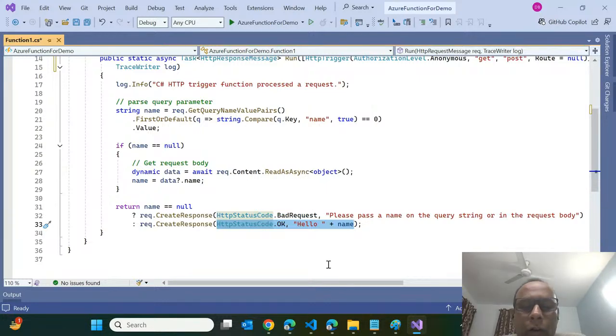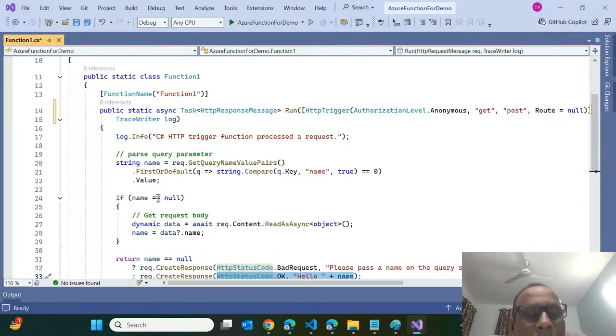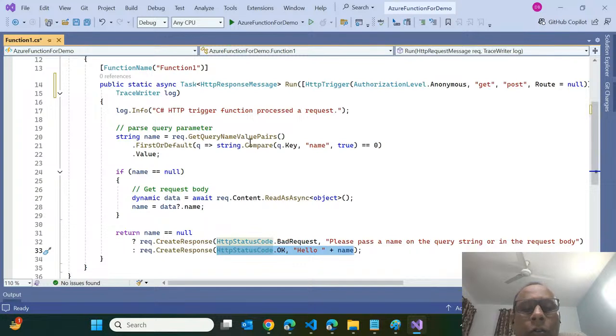Let me first, okay. So first of all, I have one Azure function, as you created. It is a default one, but let it be as it is. In my next class, we can show how we can change it here. But today I am just trying to give you a demo of how we can create a function app, how we can create an Azure function, and then how we can host our Azure function inside the function app. That is important. Okay, so suppose our Azure function is ready,